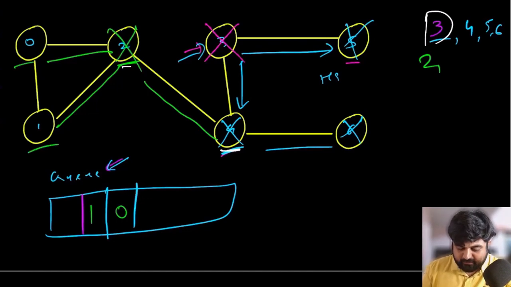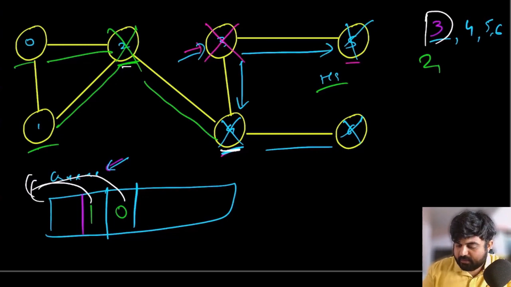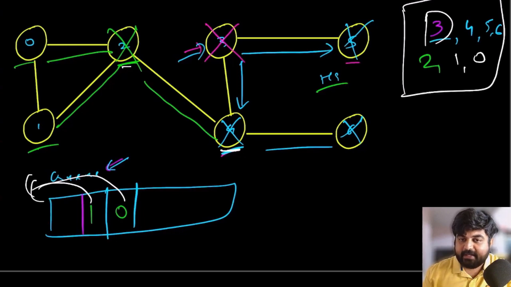Since 1 has neighbor 0, we are going to add 0 over here. And also at the same time we are going to check the hash set. Hash set already has 0, so we would not add it over here. My mistake. We would not add it, and then we would dequeue 1, and then in the end we would dequeue 0. So simply we have the path 2, 1 and 0, and this is it. This is the whole solution that we need to take care of. And this is how you would implement a breadth first search for a graph.